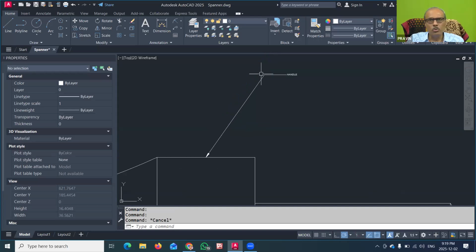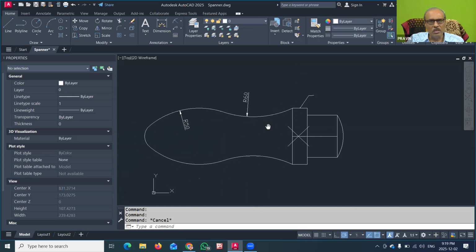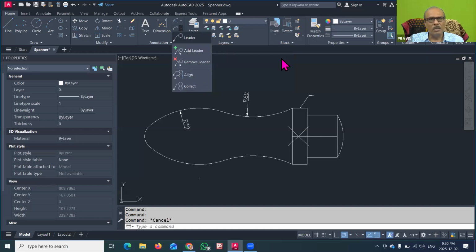So the leader is used to show the various text offsets. This is very much useful, and at multiple places we have to show the name of the object. For that purpose you can use it. But obviously in this handle drawing, whatever the dimensions were there, the leader is very small and the text is also very small. So we have to revise the sizes of this leader. That is also one of the important commands. You can draw a leader from this. So this is all about dimensioning the object.